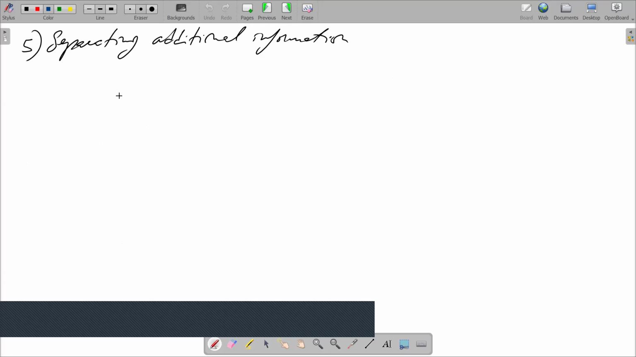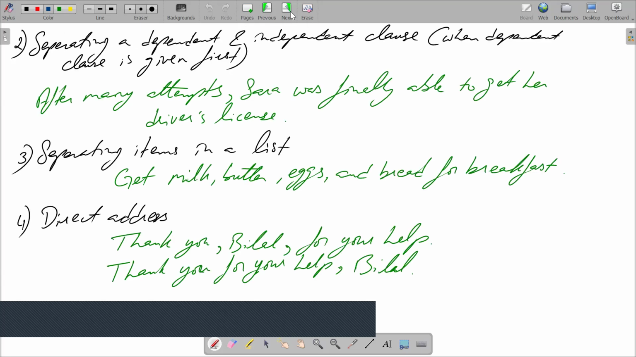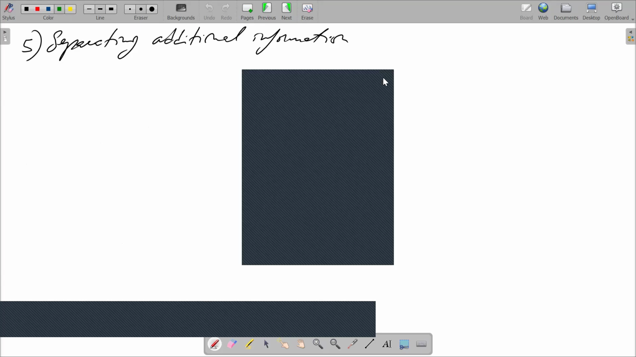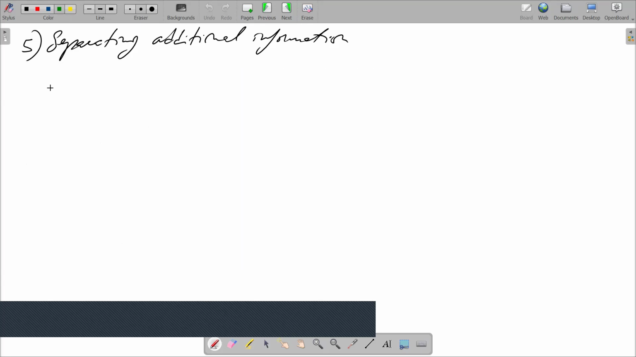And one of the uses of the comma is to separate additional information that has been given in the sentence. So an example for separating additional information is